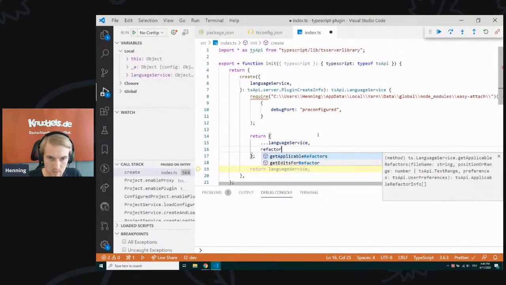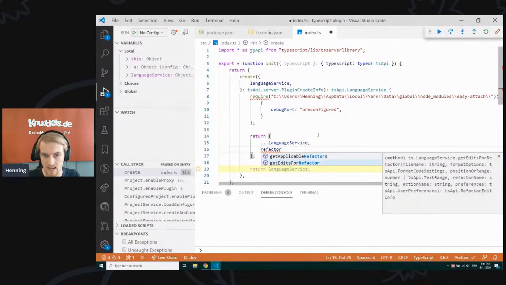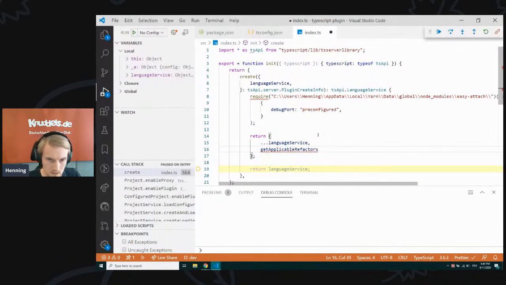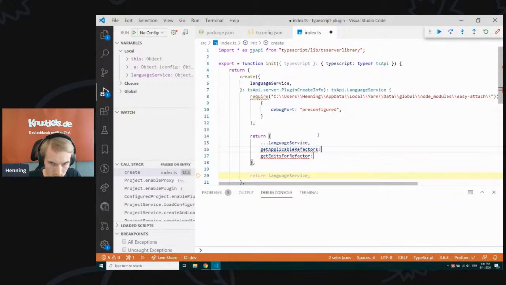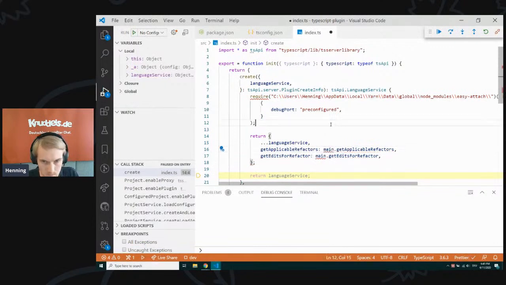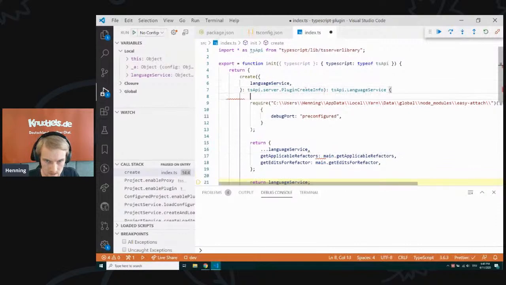Now, if we want to implement a code action or refactor, these are the two methods we have to override: get applicable refactors and get edits for refactor. Get applicable refactors will list all the available refactors, and get edits will return the edits for it. So let's delegate these two functions to our main instance, like this. Main dot, I will copy this here. This. And we have to set up this main instance